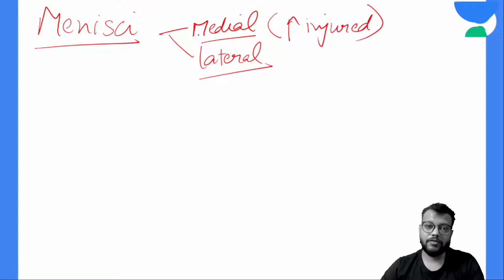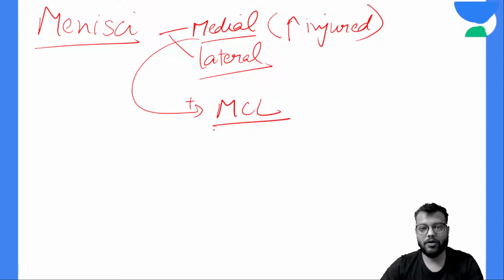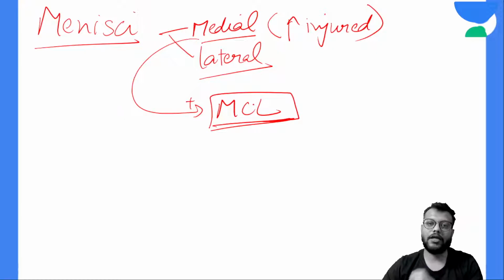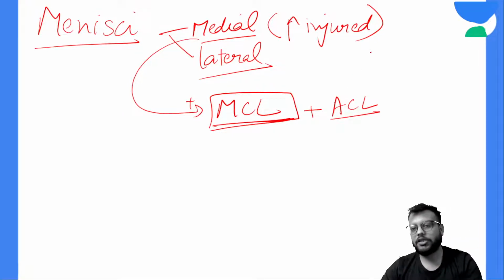Okay, and why is it more injured? Because it is less lax, that is, it is more tense, and it has a connection with the medial collateral ligament. So the medial collateral ligament and the medial menisci are both injured simultaneously most of the time, and the medial menisci, MCL medial collateral ligament and anterior cruciate ligament ACL, if all three are injured together, they form